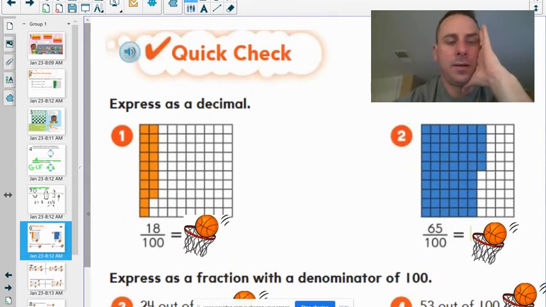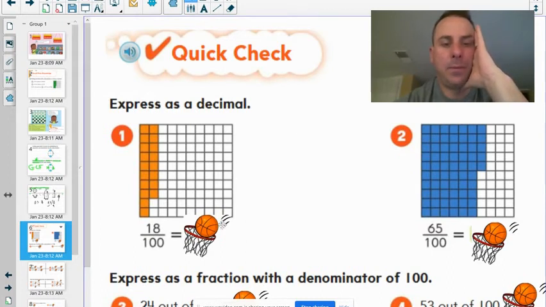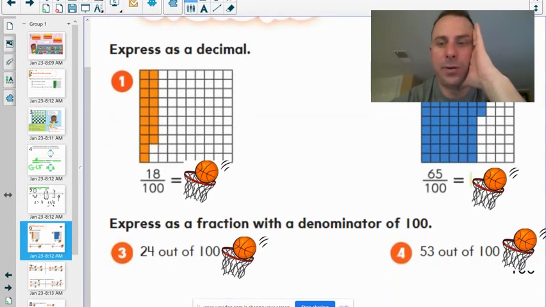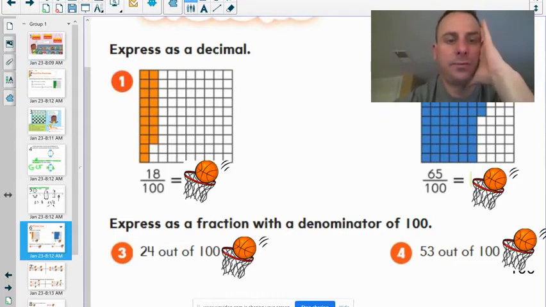And when you take a shot in basketball, if the basketball goes in, it's called a field goal. So when you play basketball, you want to have a good field goal percentage. So let's pretend that in this scenario, we're figuring out some field goal percentages. So in number one, the shooter made 18 out of 100